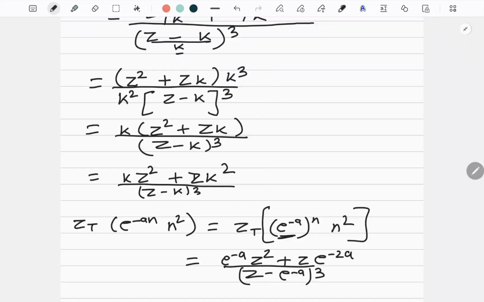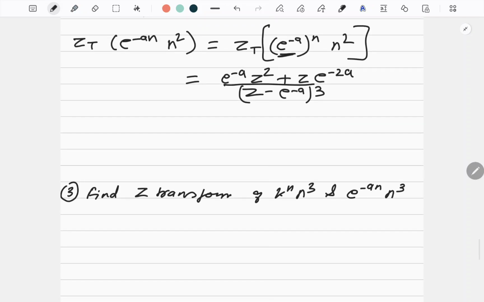And in case this second part comes directly in the exam, you write down the formula of k first and then you put the value e to the power minus a. That's it. Okay, now let's move to the next question. Now next question